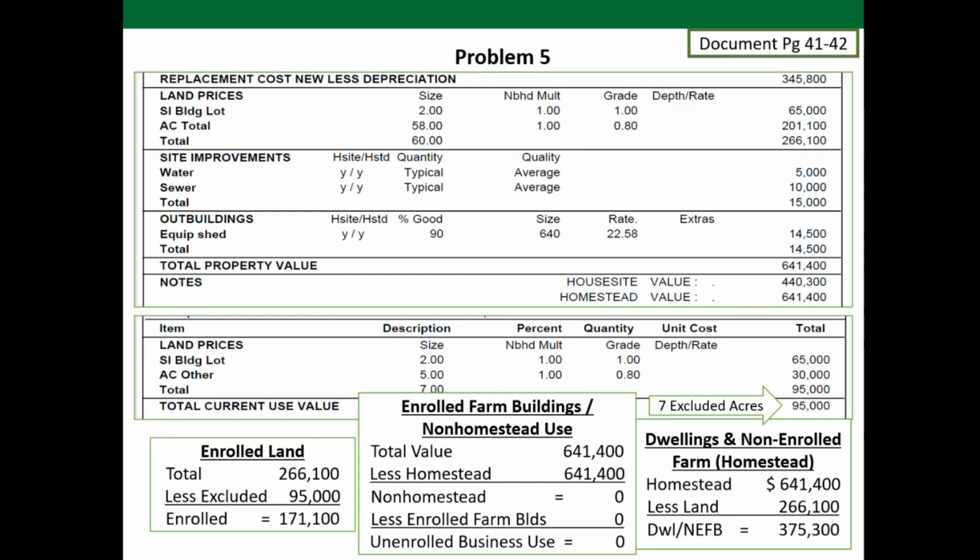Okay. So when we get to the dwelling and non-farm, we know we didn't have any enrolled farm buildings, so we have no non-homestead, right? Because our homestead and our total are the same. So we have no non-homestead. So if we were to take our homestead value at 641,400 and subtract our land that we've allocated for at 266,100,